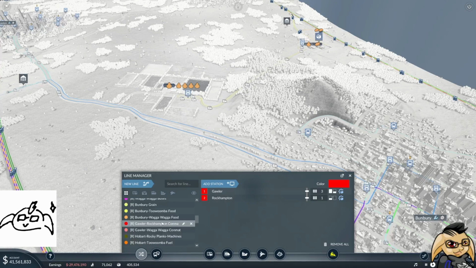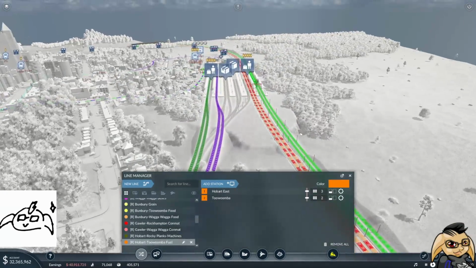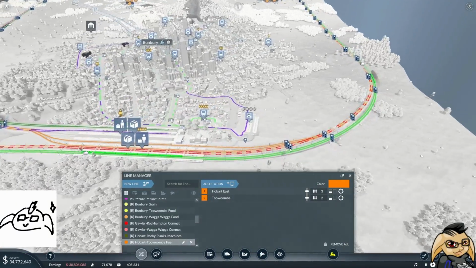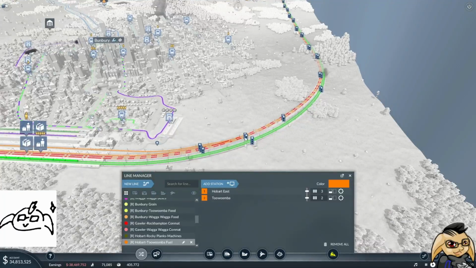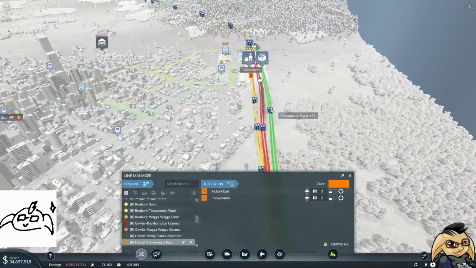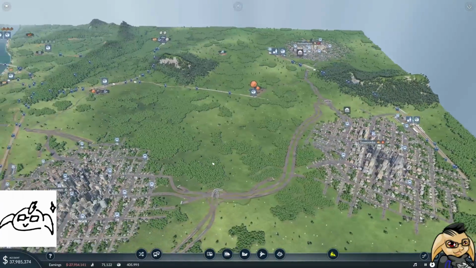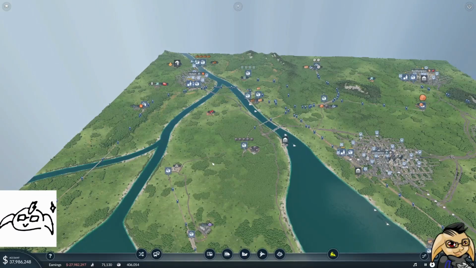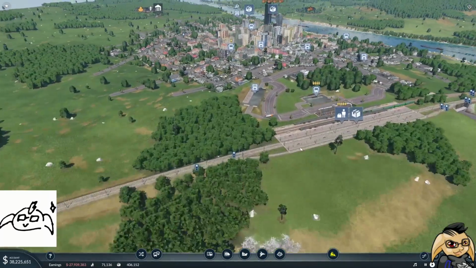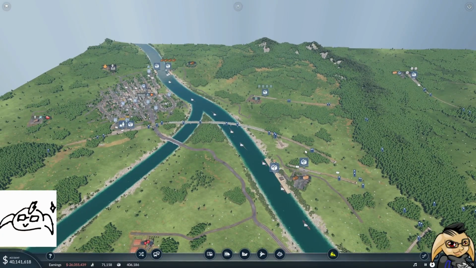Where did you go? I don't know why it disappeared from that view, but it goes along there. Then it joins into our main line here. Comes up here. We drop it off there. Awesome. So we've got that line set up. We're not going to put a train on it just yet, because we don't even have the...